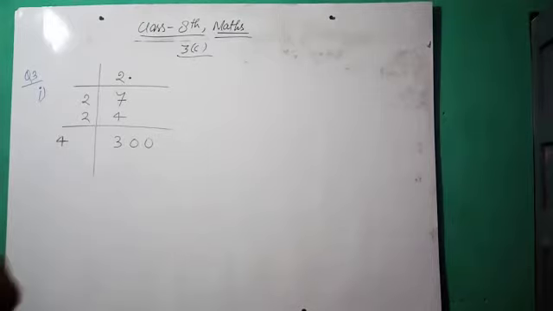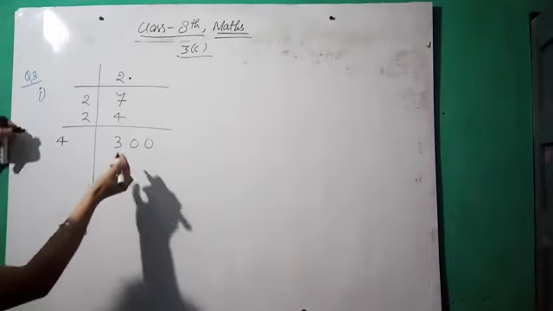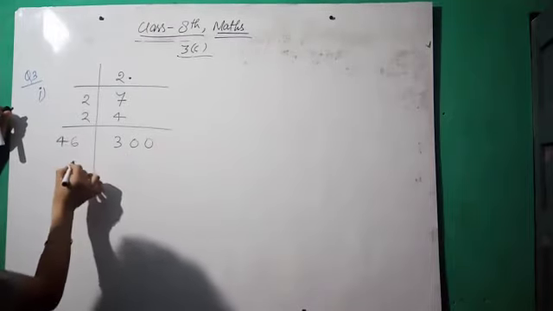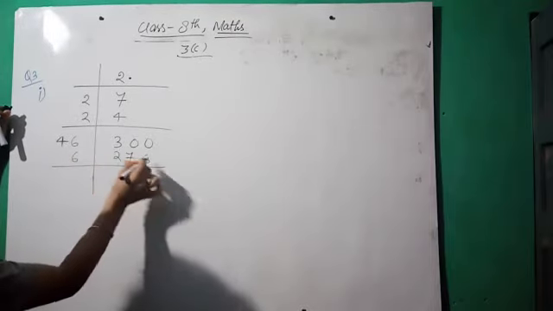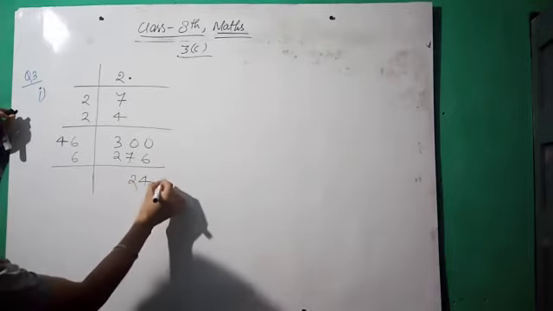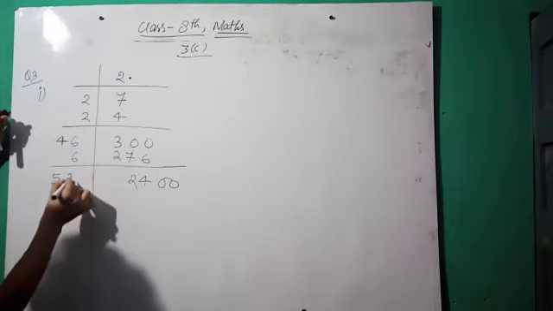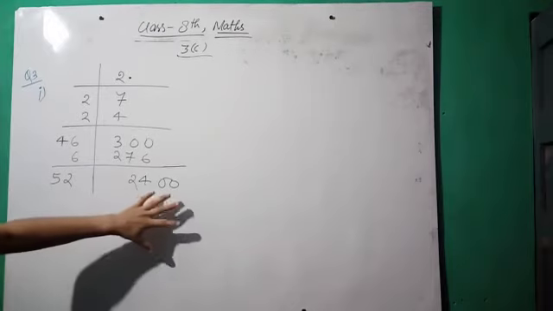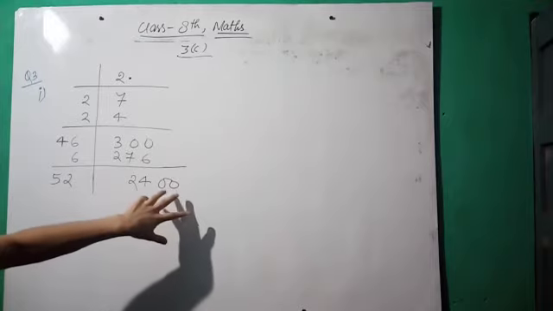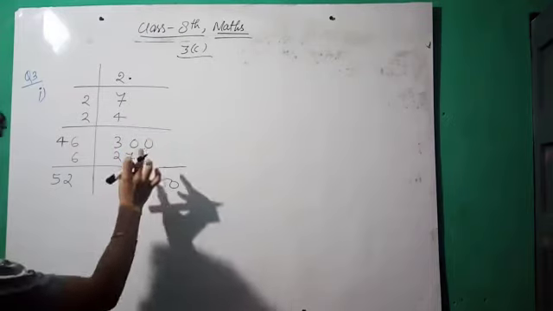Now we have to place a digit so that the product of this number with the digit must be less than 300. Okay, so we have to place 6. 6 6 are 36, and 4 6 are 24 plus 3, 27. Okay, so carry is 24. Now place 2 0 again, so 6 plus 6, this is 52. Similarly, we have to follow the rule as we followed in division, but here you have to remember, always place 2 digits at a time, either 2 0 or any 2 numbers.